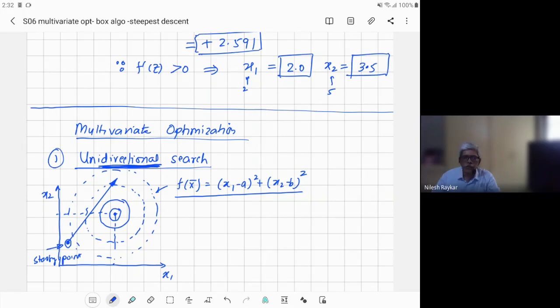So depending on the problem, the search direction as well as the starting point location can be chosen either randomly or based on some calculations. Having decided these two parameters, we can convert this multivariable problem into a single variable problem. How to do that, I will just explain now. Let the starting point be x bar t